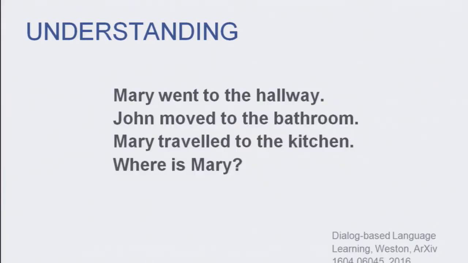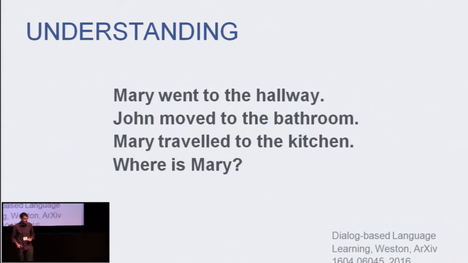So very recently, there's a paper that proposed the following task. You're given 3 statements. Mary went into the hallway. John moved to the bathroom. Mary traveled to the kitchen. And you have to answer a very simple question. Where is Mary? Computers have a really hard time of answering that question. Just let that sink in. This is trivial, really trivial, yet we cannot do it because we can't understand what these statements are actually saying. And people are worried about AI taking over the world.